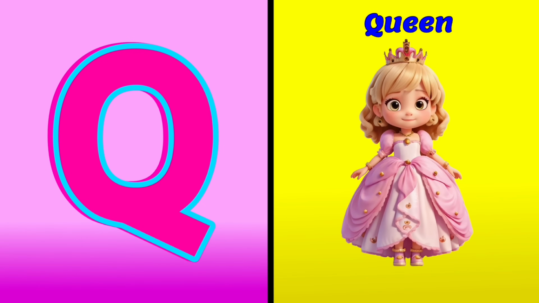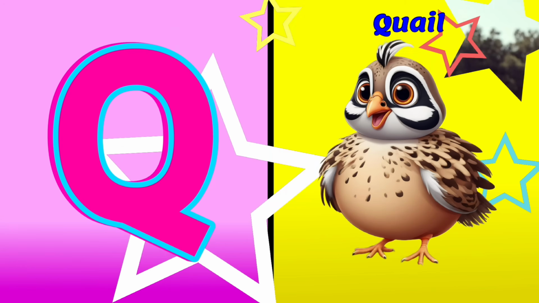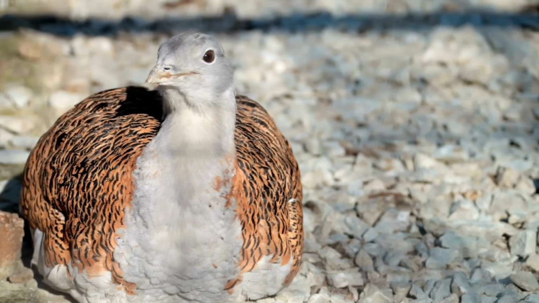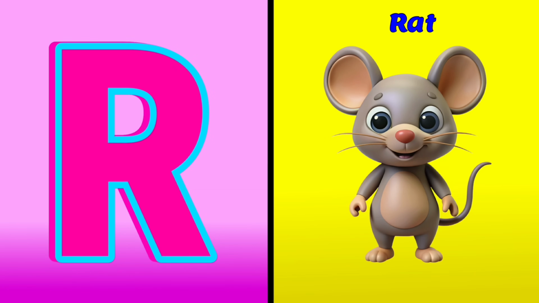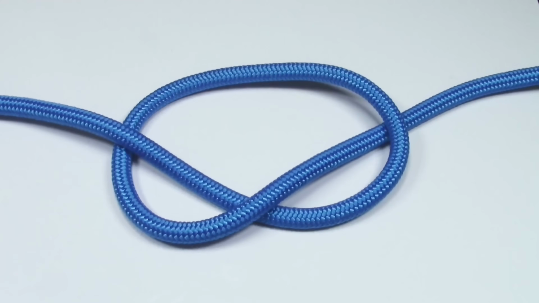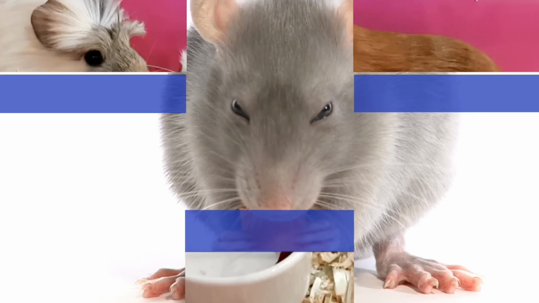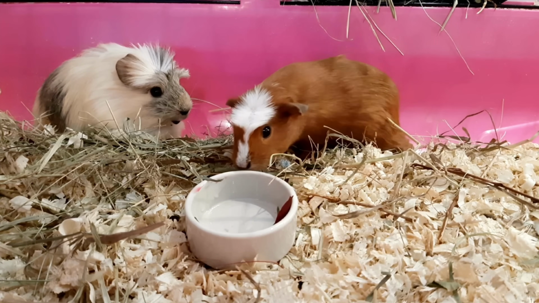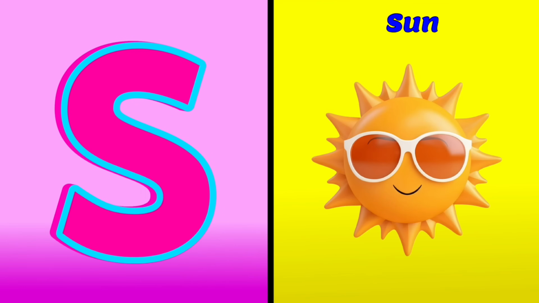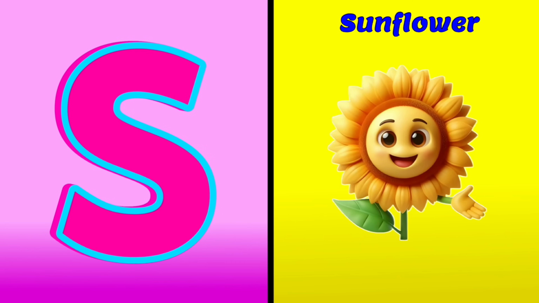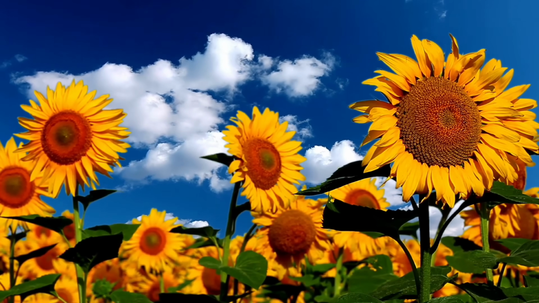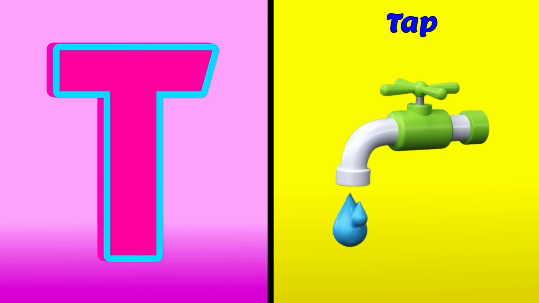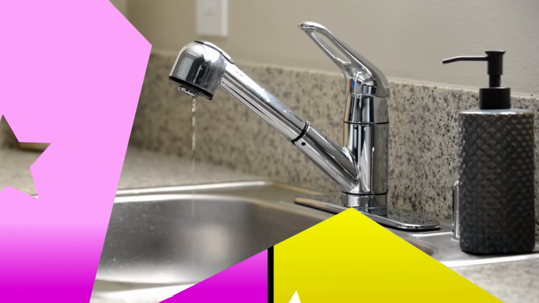Q for queen and Q for quill, R for rope, R for red, S for sun and S for sunflower, T for tap, T for tub,